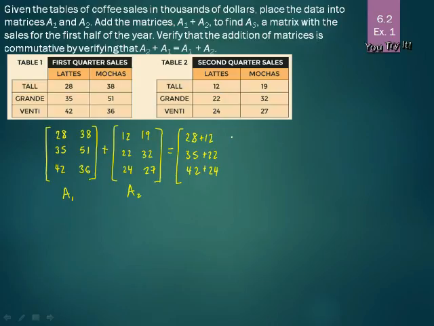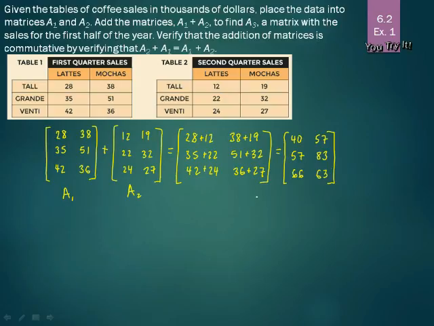I'll go ahead and do the next column. So adding these together, for the first one, 28 plus 12, we get 40, 35 plus 22, 57, and so on. We can just add together each of those entries. So now we have our final matrix, 40, 57, 66, 57, 83, 63, and then we just want to verify